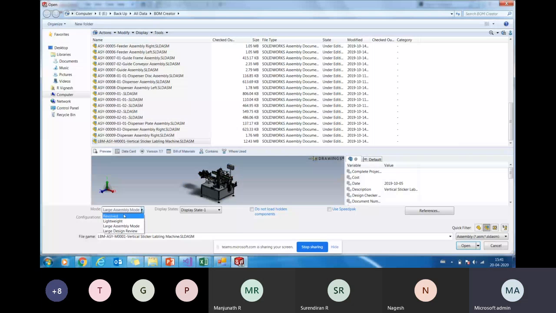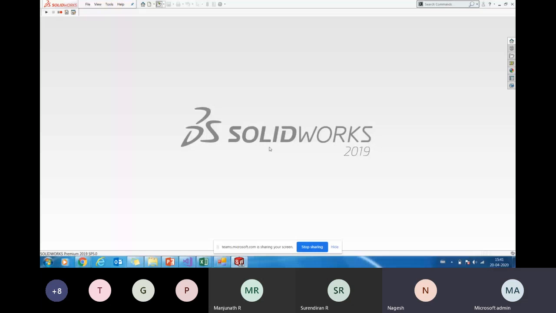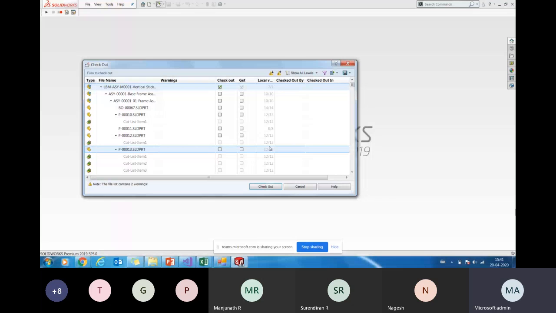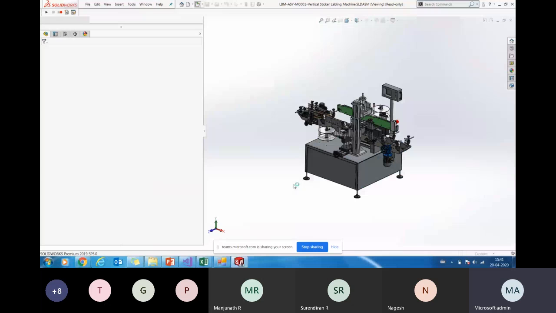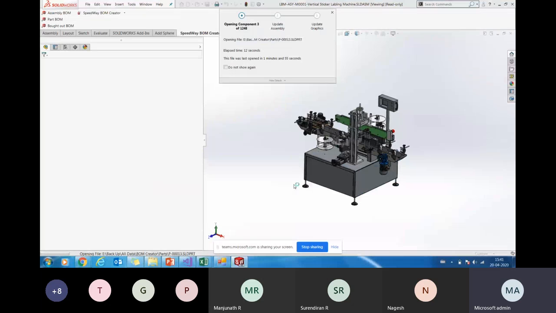So say this is a machine we are working on. There are two options we can do. We can get you an icon inside your SolidWorks itself, and you can start generating BOMs from there directly, or you can generate them out of the interface which is present outside. So you can do it either way.